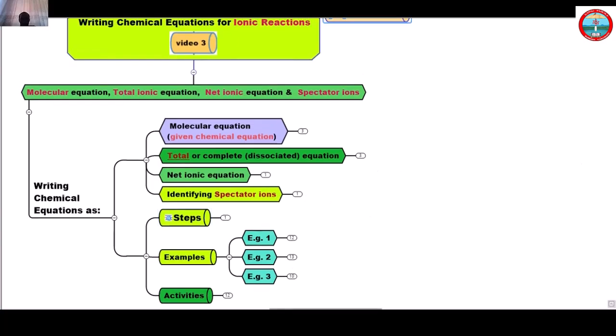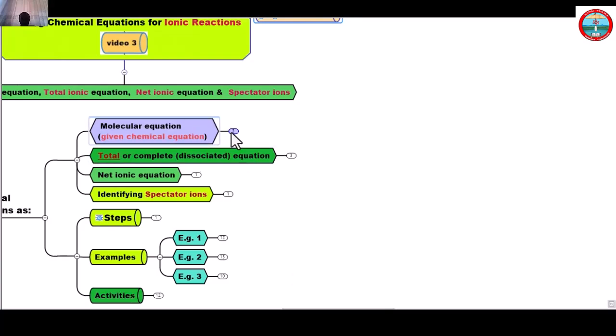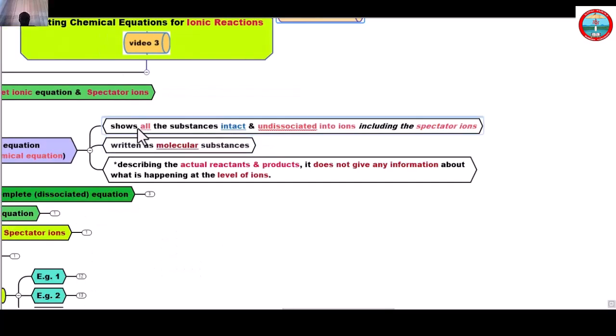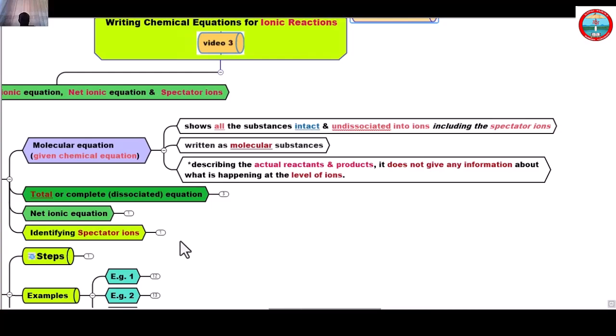So what is a molecular equation? A molecular equation is an equation that shows all substances intact and undissociated into ions, including the spectator ions. This molecular equation is written with molecular substances that describe the actual reactants and products. It does not give any information about what is happening at the level of the ions, whereas the total or